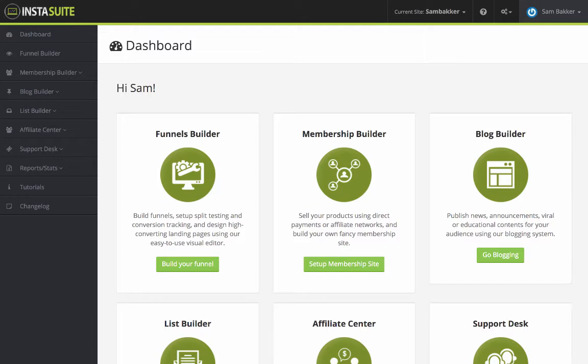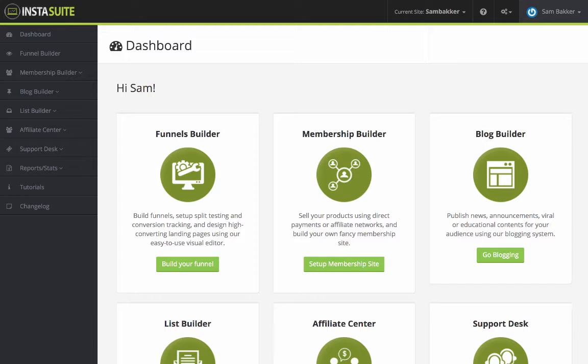Now, InstaSuite isn't a new software to the marketplace. It's been around for a very long time, which is one of the reasons that I'm excited to show you this. There's been a number of features that have been added since the last time this software went out, and because it's been around for so long, you know it's going to be really good. They've continued to build InstaSuite. The owner, Susanna Teresa, she's been building it for a long period of time, and it's one of the reasons